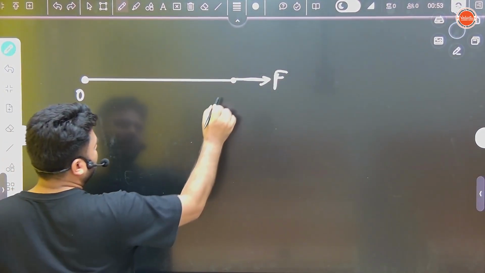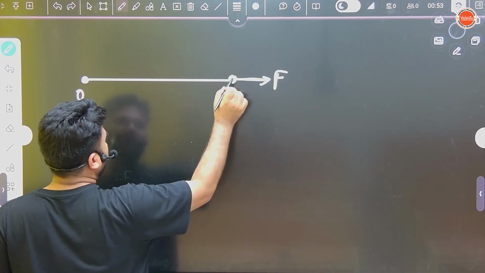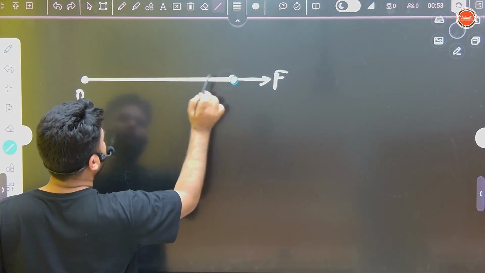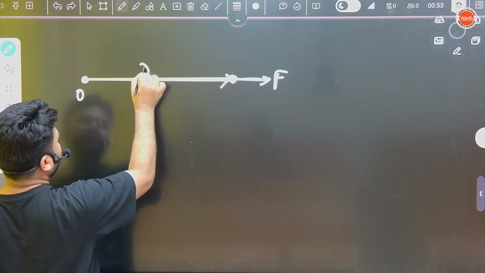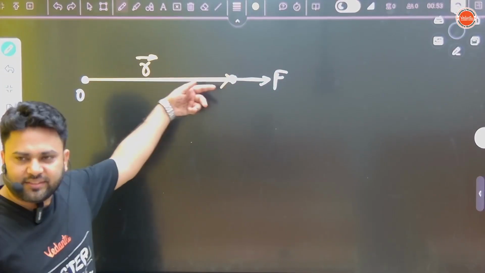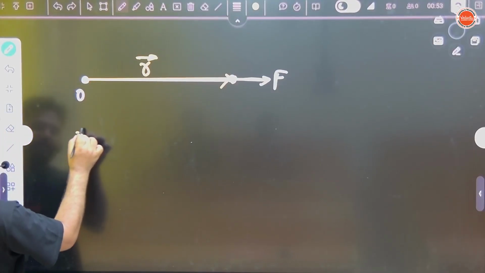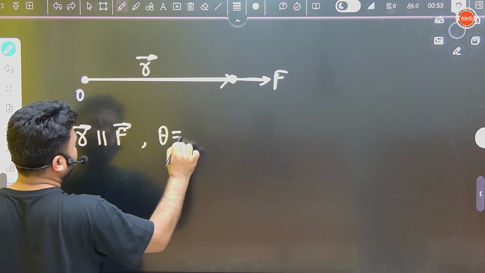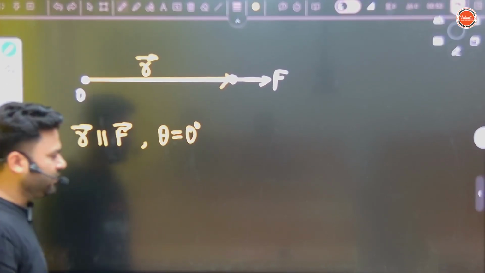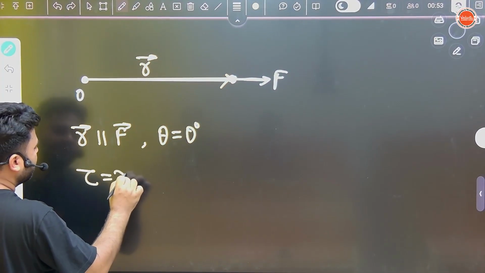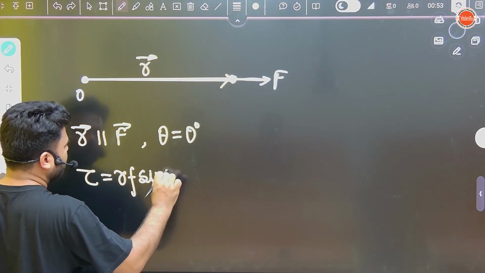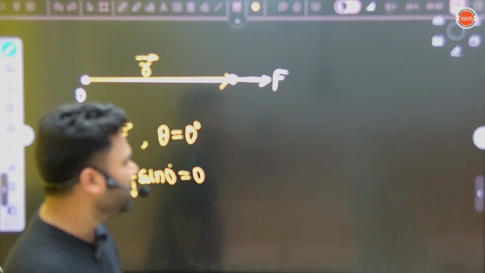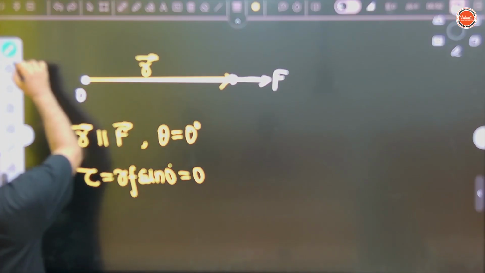Why? Because see, here you are applying force. This is the R vector. Here you are applying force. R vector and force vector are in the same direction. R vector is parallel to force vector. Means theta is how much? 0 degree. So sine 0 is 0. So torque formula was RF sine theta. Theta is 0, sine 0, so it will become 0. There will be no torque, because the object will not rotate. Correct. So always remember,